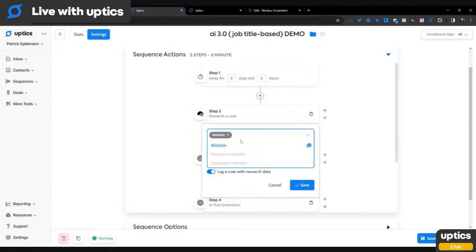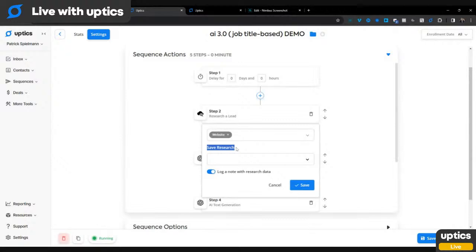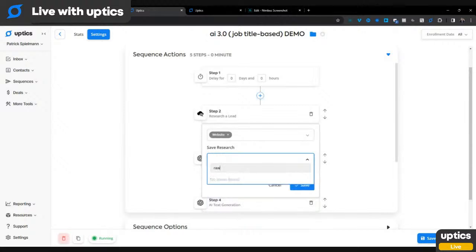Okay. So if you have contacts saved into Upticks and there is a company associated, and we do that automatically through the domain of the email and then some other mechanisms. Right now, our research the lead step will go and scrape the website and gather as much information as possible from that. Then what you can do is you can save that scrape data into a custom field in Upticks. So I have, I think, a field called,